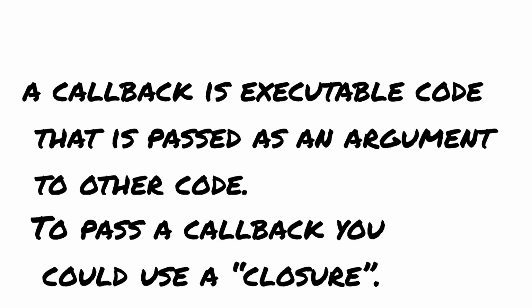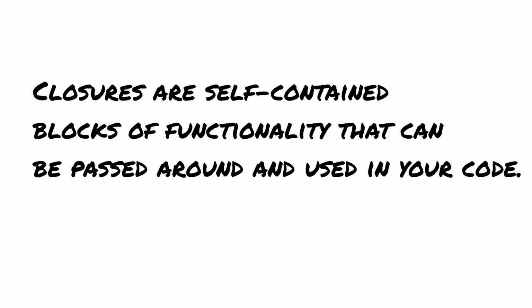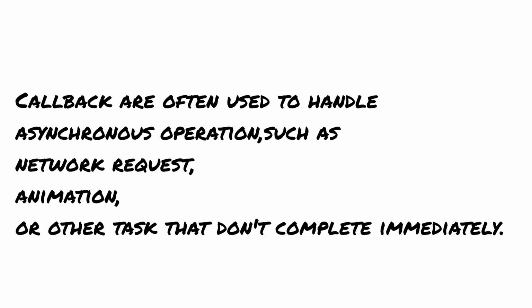The callback is executable code that is passed as an argument to other code. To pass a callback, you could use a closure. Closures are self-contained blocks of functionality that can be passed around and used in your code. Callbacks are often used to handle asynchronous operations such as network requests, animation, or other tasks that do not complete